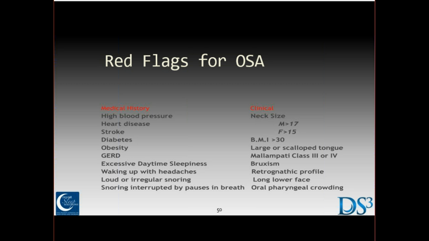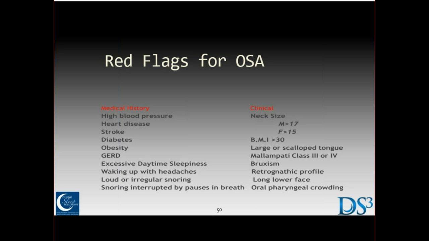So again, here's kind of a summary of these types of things. When we look at large neck size, and clinically what we see through a Mallampati and a large tongue, and the retrognathic jaw and the cardiovascular things, these are all the red flags that we talk about. As you go through and review medical history and clinically some of the things that you observe, this should just raise your eyebrow towards the next step, which would be getting these patients to acknowledge that they have a problem and leading them down the path towards being tested.